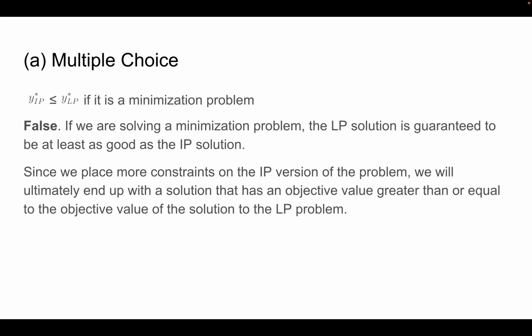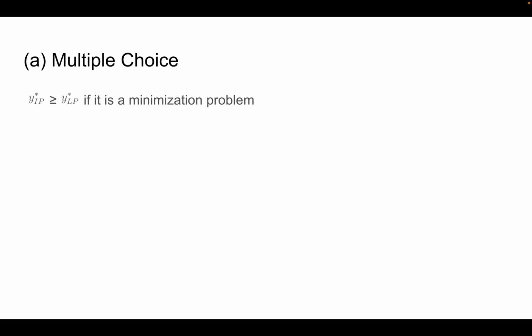Since we place more constraints on the IP version of the problem, we will ultimately end up with a solution that has an objective value greater than or equal to the objective value of the solution to the LP problem. What if we flip the sign? What if we said that y star IP is greater than or equal to y star LP if it's a